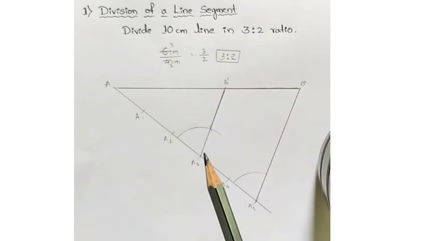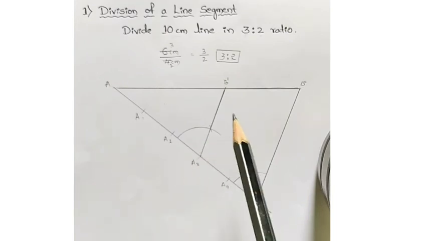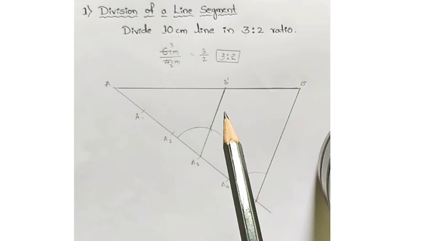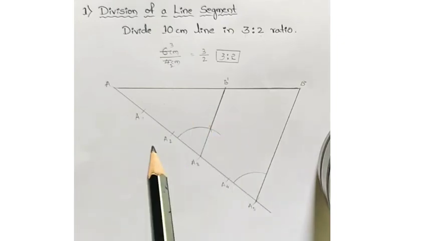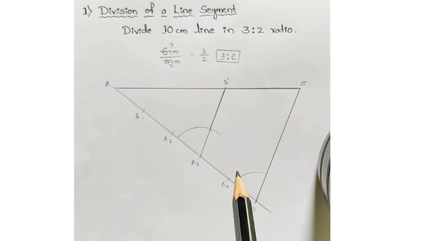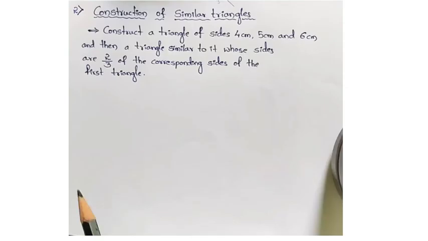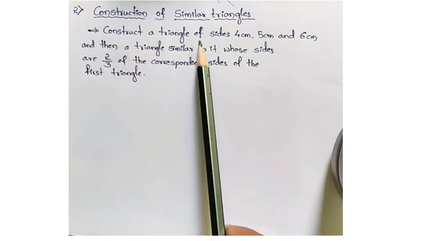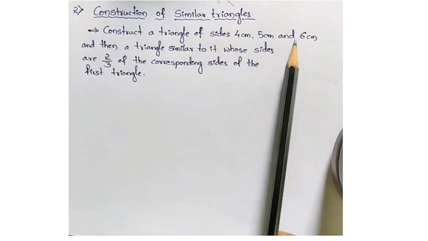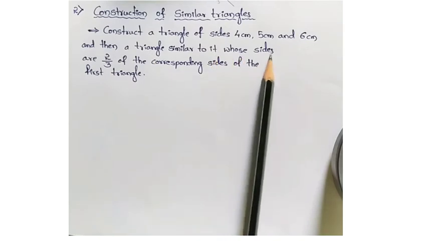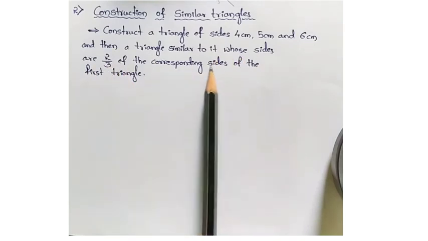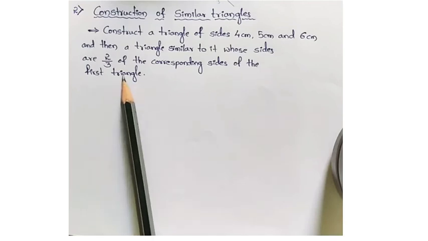Okay, so like this we have to draw a similar triangle with the given ratio. So they will give in the fraction, which is nothing but our ratio. So using that data we have to draw the similar triangle with the given triangle. So here I am taking directly exercise question, that is 6.1 exercise. Second question, construct a triangle of sides 4 cm, 5 cm and 6 cm, and then a triangle similar to it whose sides are 2 by 3 of the corresponding sides of the first triangle. So what you have to do?